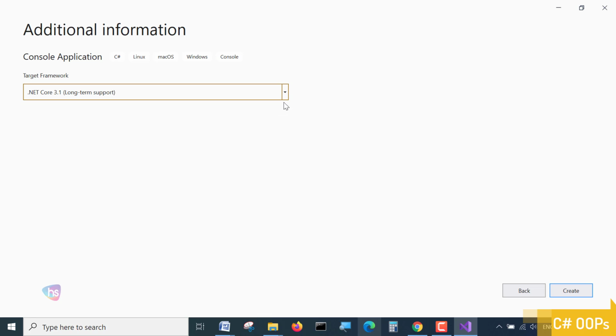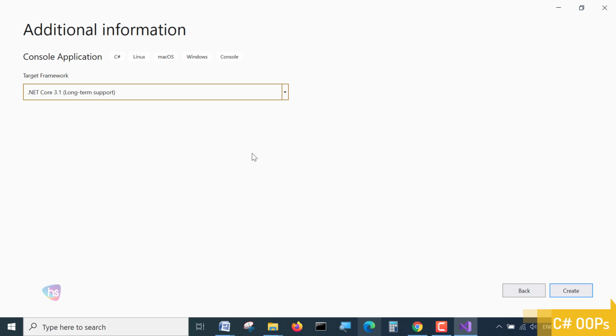By clicking next, you will see the target framework. It is showing 3.1, long-term support. Let it be the same. Whether I choose the latest framework or an older one, we are going to be understanding how the program is written, how it executes, and how the syntax-based construction works: making classes, objects, methods, inheritance, and the OOPS concepts and pillars we will be discussing. So it's not a matter of selecting a framework.